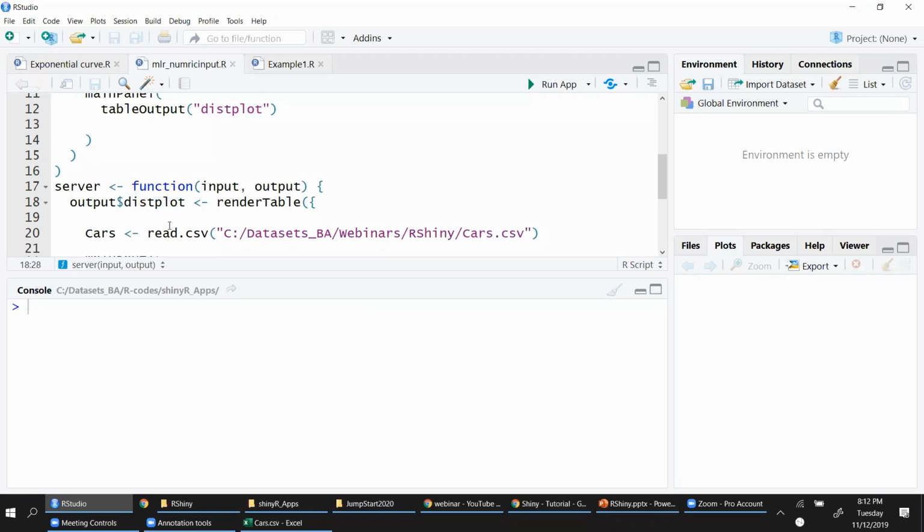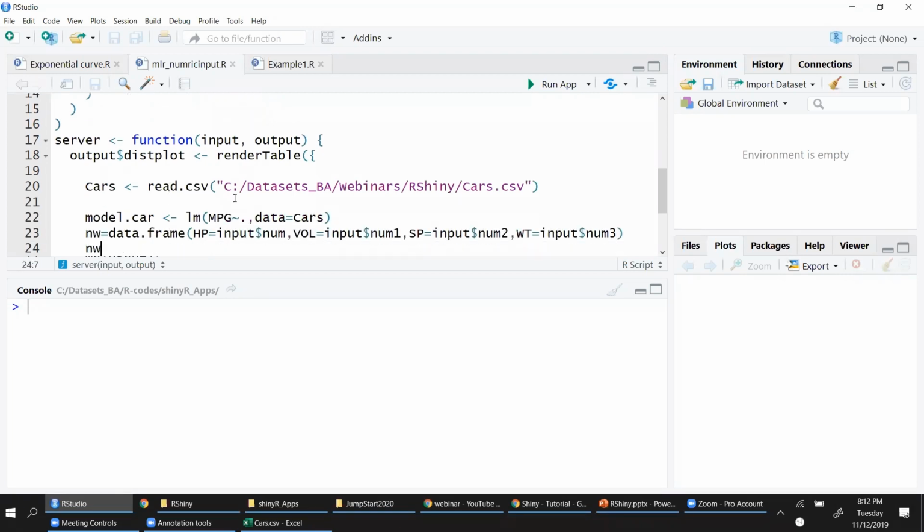So I'm saying render table, where I pass this as input. Cars dataset would be passed as an input, and then I'm developing a multiple linear regression. And when I develop it, I want to use this for prediction, and this would be your input data that you're going to pass.